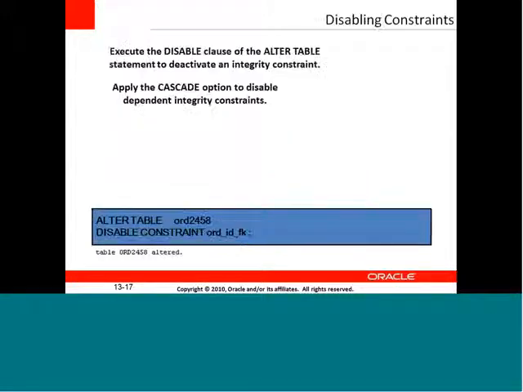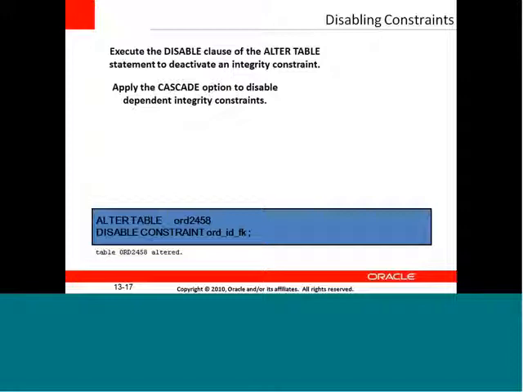Now we have another way of having the constraint used and not used. So you're going to enable it and you're going to disable it. It's quite similar to what we do elsewhere: I don't want to use this particular document or this application, so when I'm going to use that application, I'm going to enable it, or else I'm going to disable it. Right? Okay. So this is quite similar to the same logic. So here we are going to enable it and we are going to disable it.